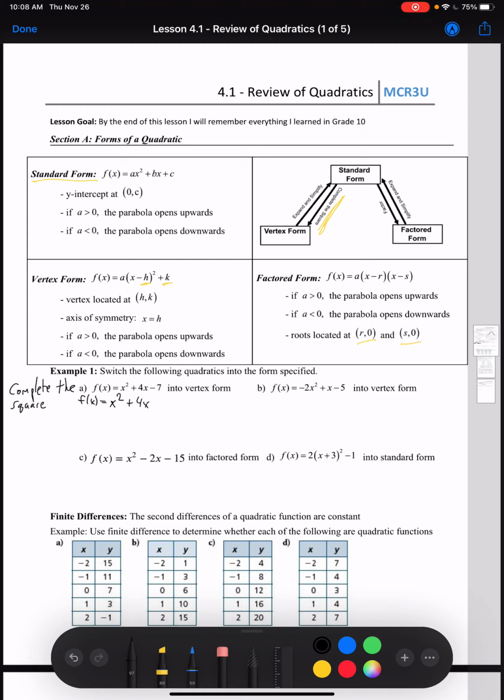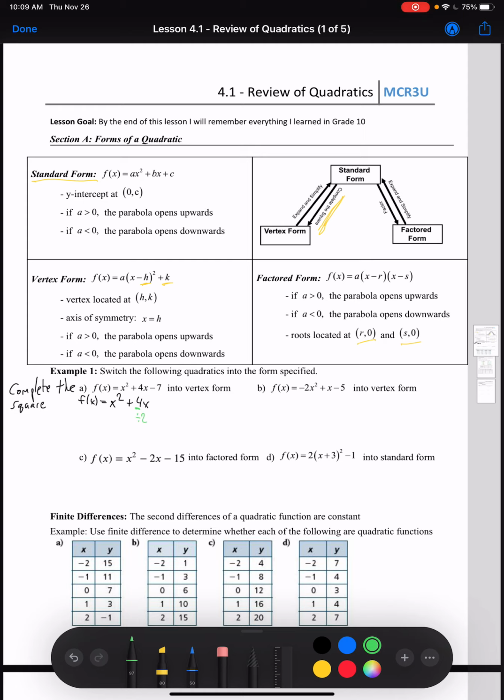We leave the middle as is. But what we want is to convert this into something. So we need to add some numbers so that it's going to look like a perfect square trinomial. So if we take this 4, our number 4 here, and divide that number 4 by 2 and square it,